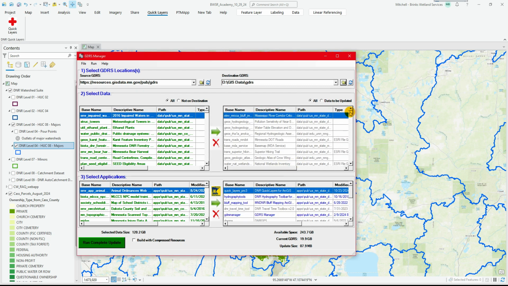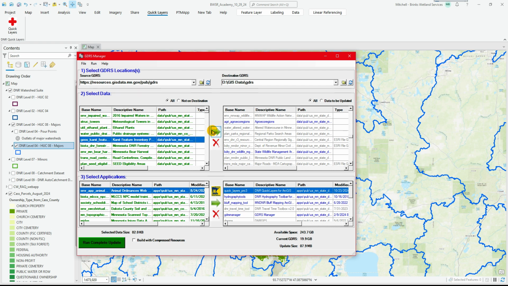And this is going to show you everything in your PC. Everything in gray is on your computer. Everything in blue has an update. So you could run update and theoretically it would turn the blue to gray and you'd have the most current data without having to go and re-download and unzip and delete out the old file. And if you want new things, let's say you want karst features, you can click it over before you run